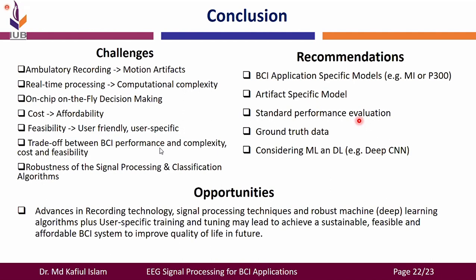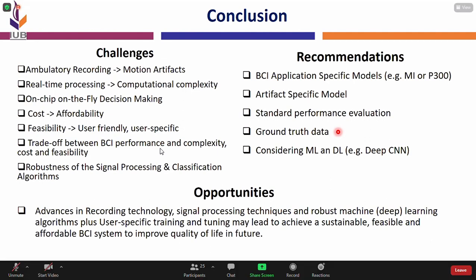And the ground truth data is often not available, so this is also a challenge. Therefore, we should make more experiments to make this ground truth data available, so that all researchers can use it as a gold standard to validate the performance of their BCI